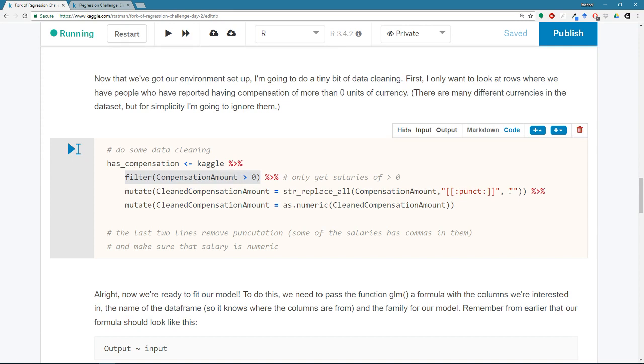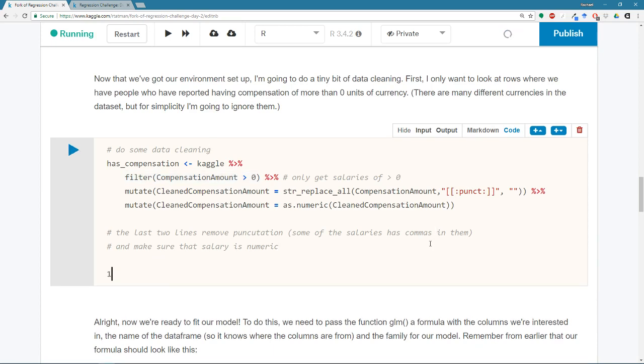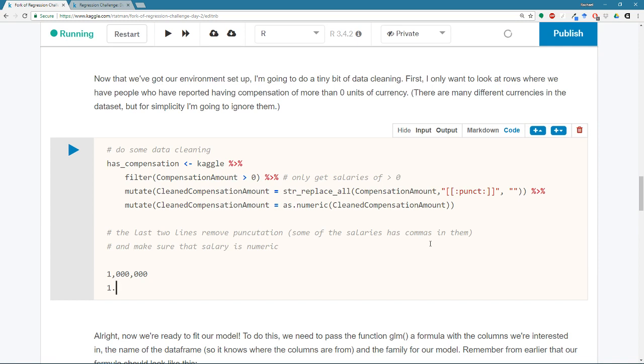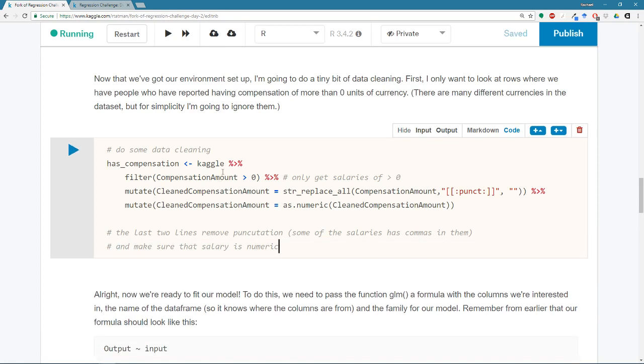And I also want to remove commas or periods, because sometimes people will write really big numbers, like 1 million, with commas in it, or sometimes they'll write 1 million with periods in it if they're particularly European. Yeah, so the reason we're cleaning this data in this way is that I'm interested in seeing if you can